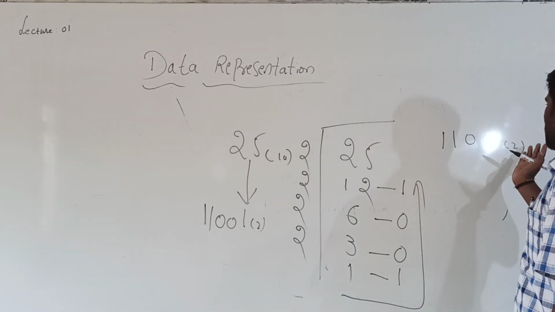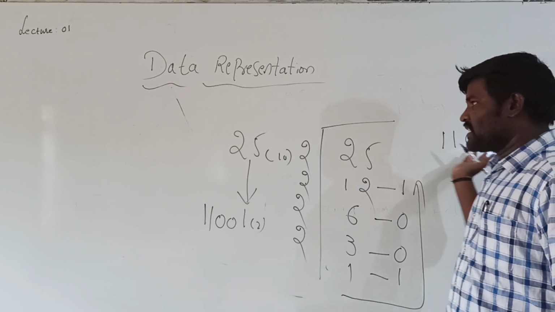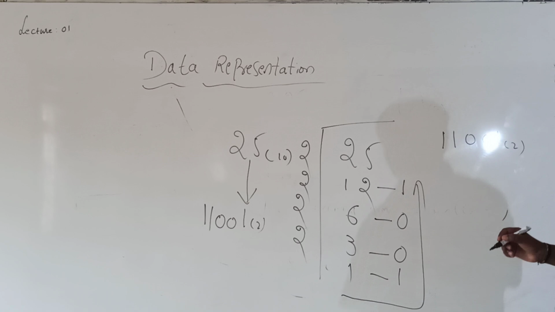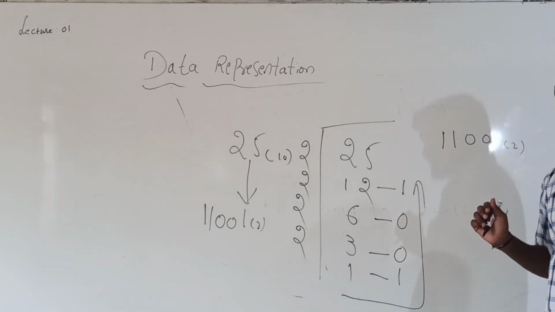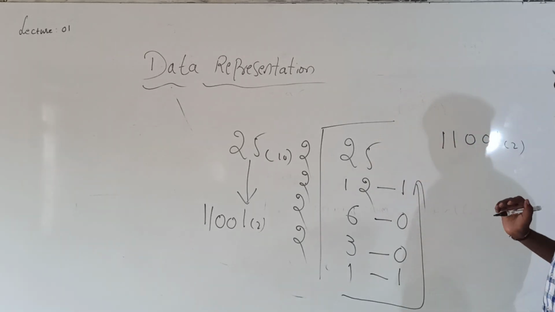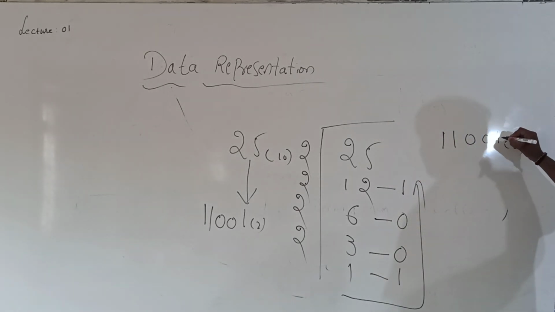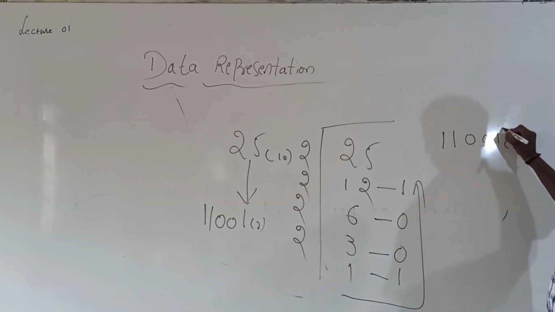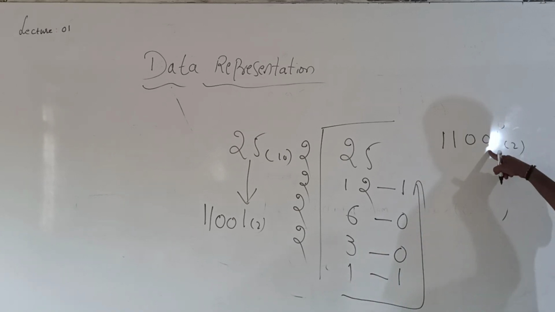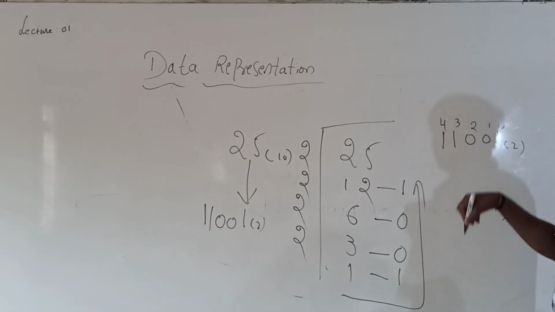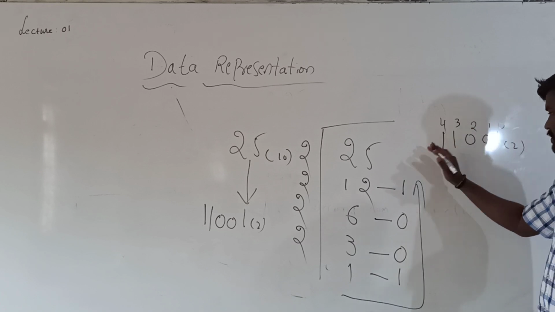Okay, if you want to convert from binary to decimal, first you have to mention the powers. See here, total 5 digits are there. From right-hand side to left-hand side, the unit place power is 0. This is the 10th place, that's why 1, 2, 3, 4. You have to mention the powers.